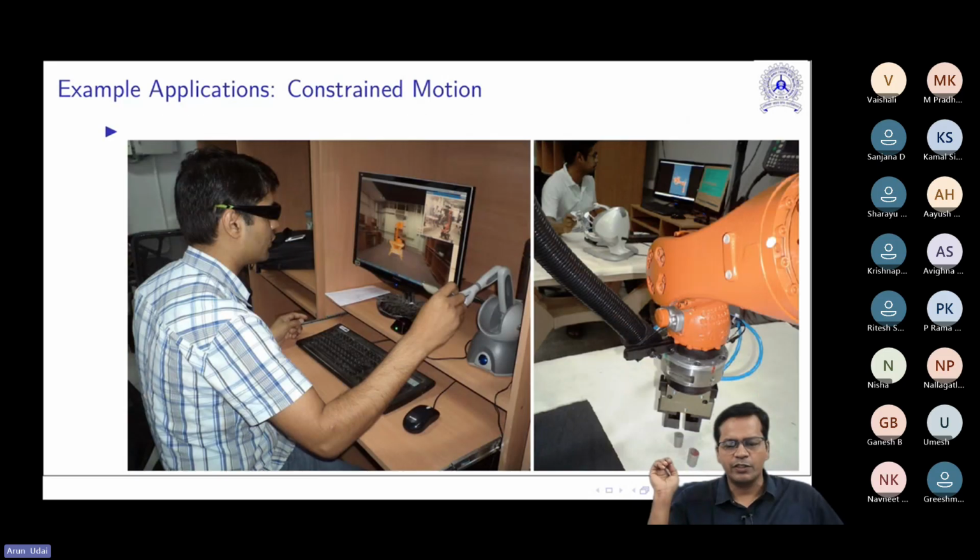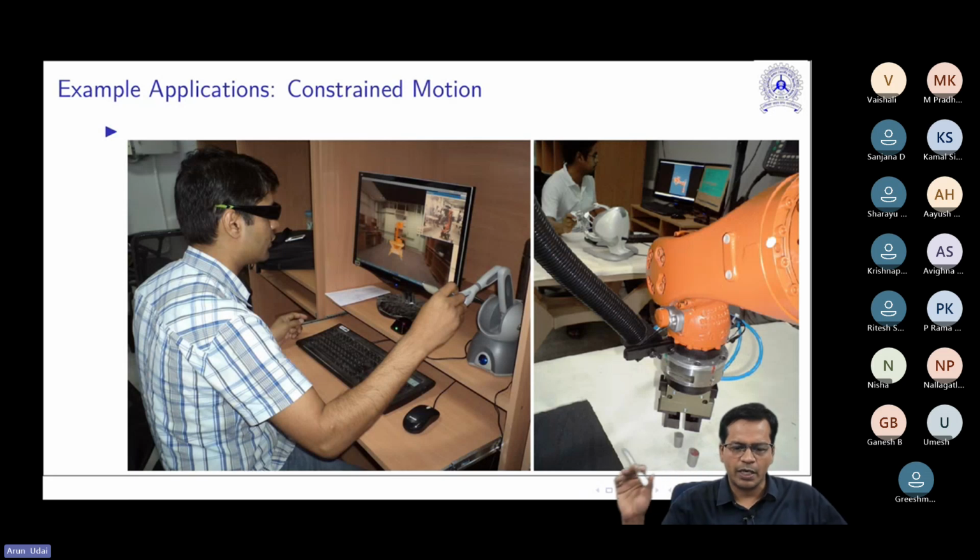Next one is teleoperation. A person can see everything on a 3D screen which is in front of him. He is wearing black colored 3D glasses, and he is using a haptic device to command the robot. What is a haptic device? Haptic devices are devices which can do position commanding to the robot. It can command 6 degree of freedom motion,